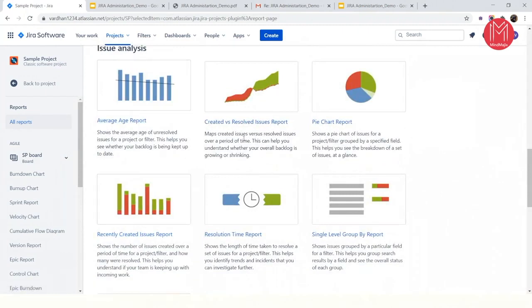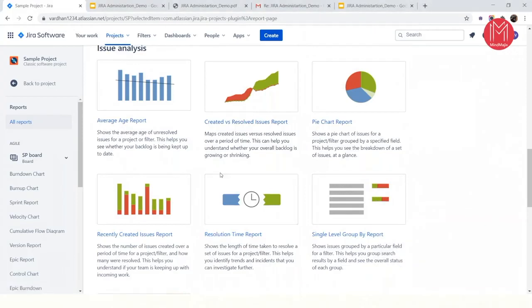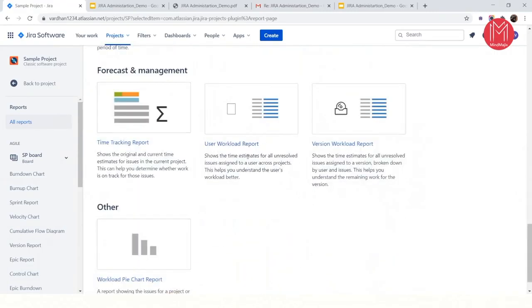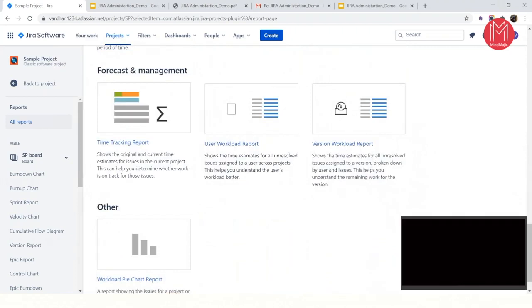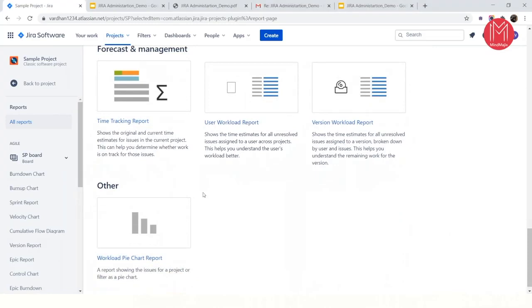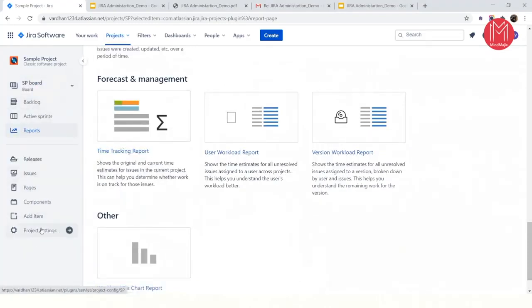These kinds of reports are usually created to understand the kind of data that you're presenting, how the issues you're creating will be able to fill, and whether the team is working on track of time. It's also important so you'll be able to see the workload of your team over time, of how your team works. So this is all about the reports that you have, which you'll be able to learn, and the project settings